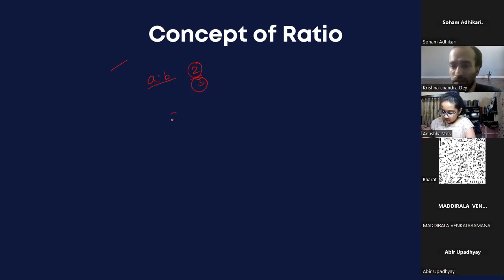But remember, ratio is not only A is to B, it can be infinite. It can be A is to B is to C is to D is to E. I can mix any number. A very simple example I always give is the concept of making kheer. I don't know what that's called in English. We mix rice, milk, and water. I'm very sure milk and water are the highest amounts mixed. Rice is very little. So when we make that, we mix these three in different quantities. Along with that, sugar is there, in a different quantity, right?